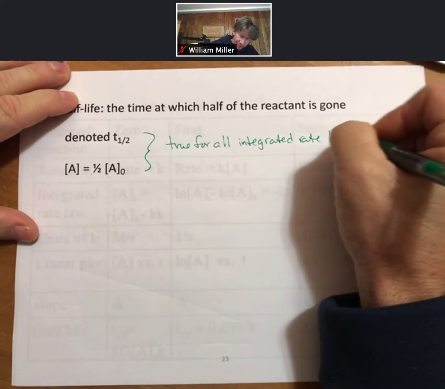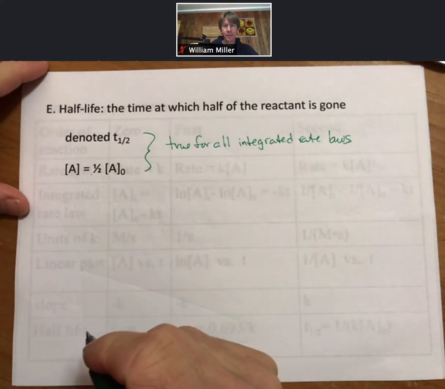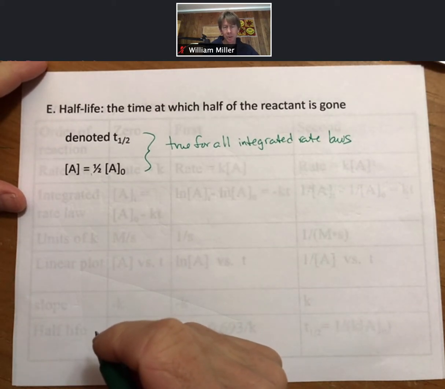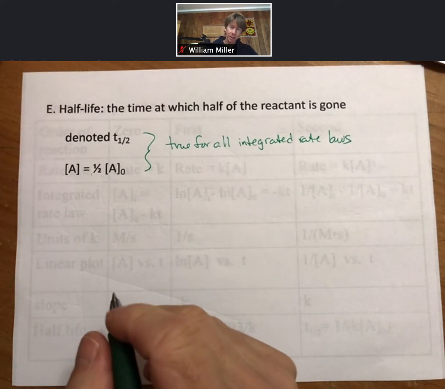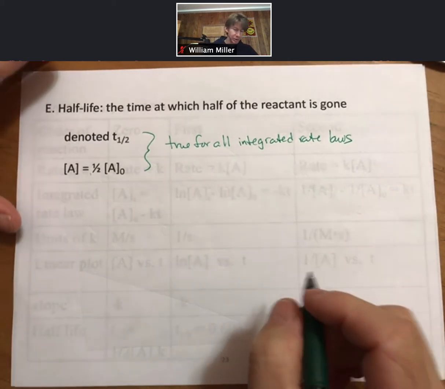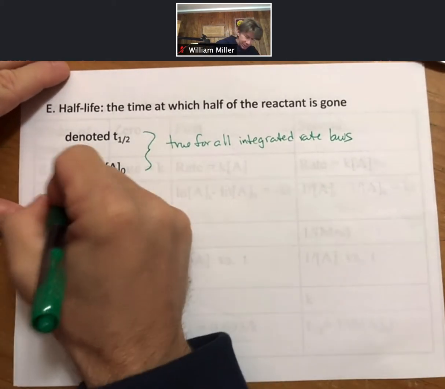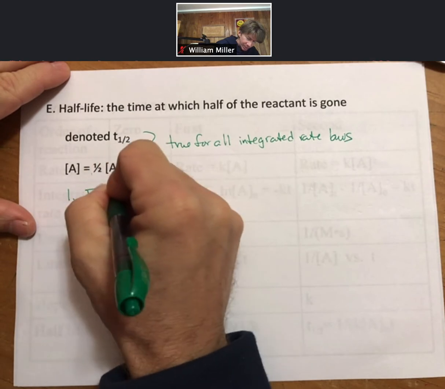And you can derive an equation for the half-life for all of the integrated rate laws we're going to see. But we're going to continue to work with the first order integrated rate law. So for first order,